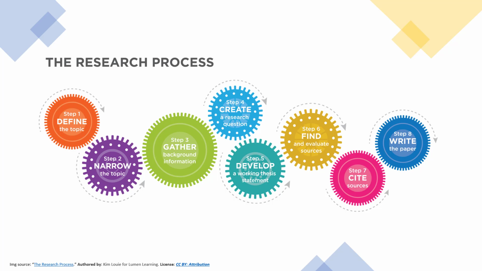Step 6 is where you start to find and evaluate resources based on your central idea. Once you've compiled all your sources, you then incorporate those outside sources into your writing and cite them in a specific style, like MLA or APA style. Finally, you write your paper after completing all the previous steps. Some of these steps happen at the same time or in a slightly different order, but you will be doing all of these steps with a lot of your courses, so it's important to know how the library can help